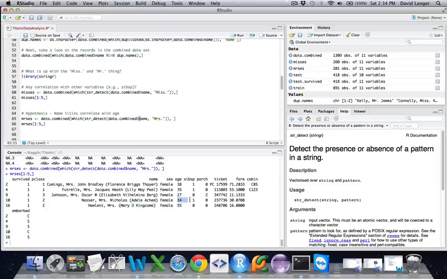And well, in the modern day, this would raise a bit of an eyebrow, but in general, you can say that yep, it seems that Mrs. indicates in general older females, as you can see here, and it looks like most of them tend to travel with a spouse. Maybe that's a sibling, but for the time being, we'll infer that they're mainly traveling with a spouse. And there you have it. This is also immensely interesting. I mean, we just sampled the first 5, and they all survived, which, as we know from our previous distributions, is pretty interesting.